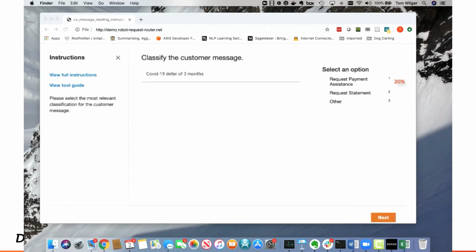All right, now things are starting to get interesting. Remember when I said that the training data gets fed back into our machine learning algorithm so that it can start labeling the messages on its own? Well, here's the first time that we start to see the AI getting smarter. This is another message requesting payment assistance. If you look over on the right, you're going to see a 20% next to the request payment assistance option. What that means is that before we were shown this message, the machine learning algorithm had already tried to classify it, and in this case, it was only 20% confident of the result. So not really good enough for us to let it fly solo,